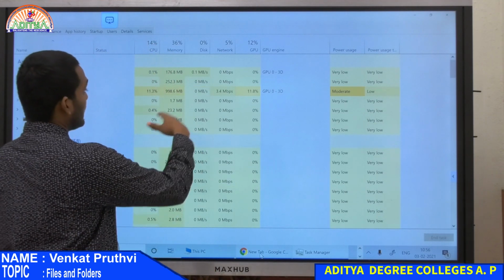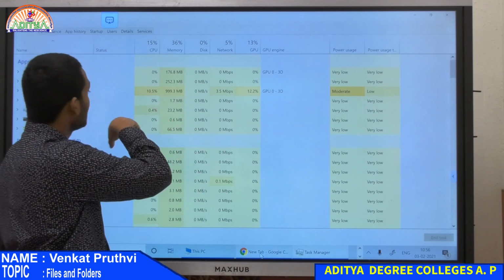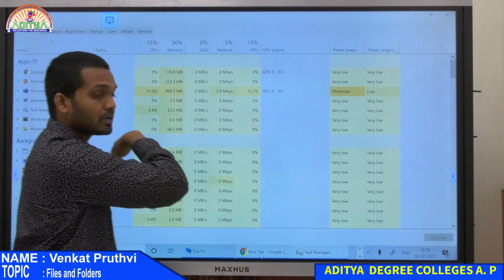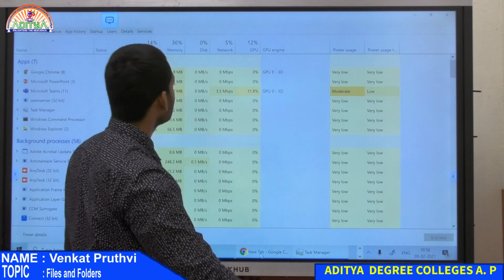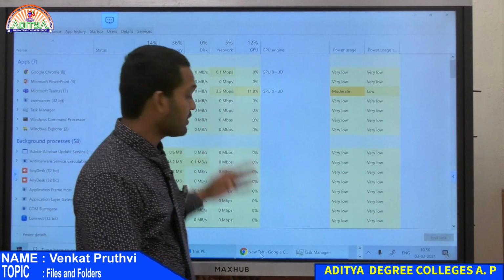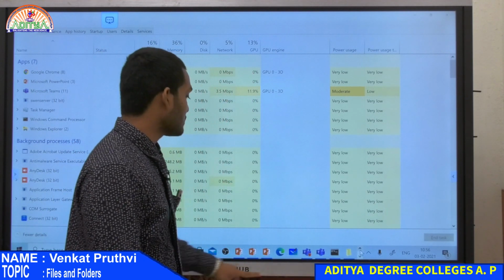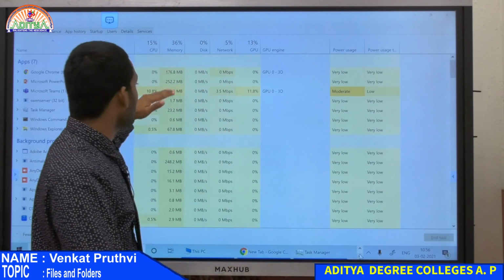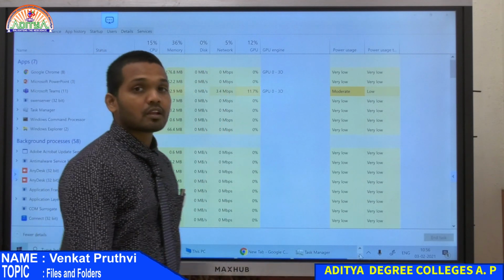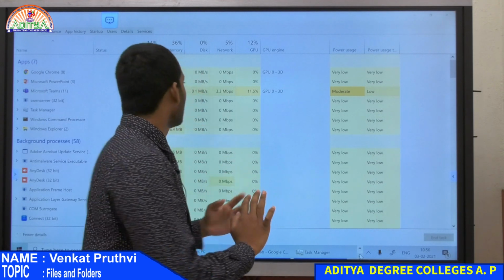When you see this, the highest memory or the highest RAM is used by Microsoft Teams, and it has 11 processes running in that. The next highest is your PowerPoint. We have opened 3 PowerPoints here, and these 3 PowerPoints are consuming around 250 MB of your RAM. Generally your RAM is around 2 GB, 4 GB is what we have discussed, and it's all volatile.